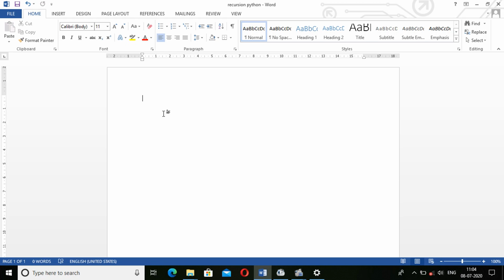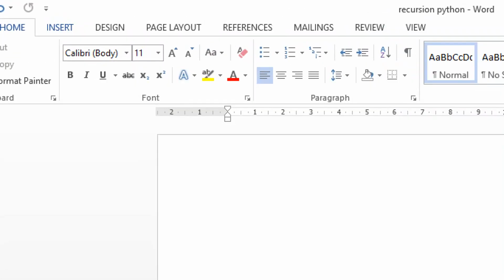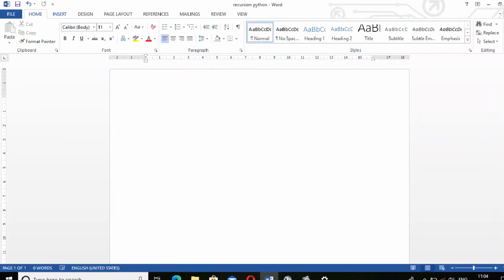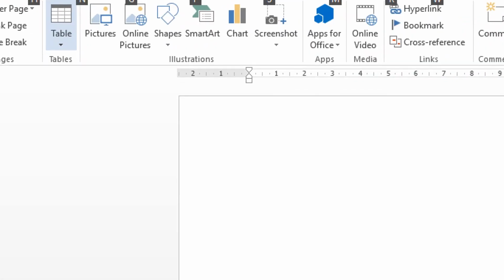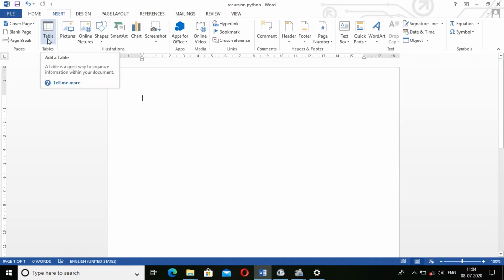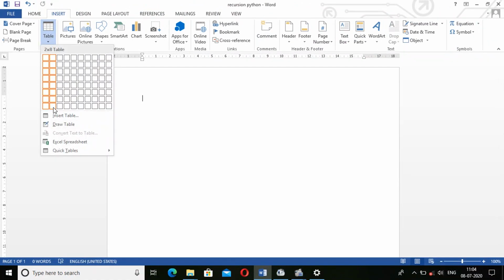Inserting a table is easy, but we have so many options. Like we can insert tables with so many options. The first thing you need to do is go to the Insert option. Now while doing insert you just have to click over there. Now one more option you are going to get is Tables. See, here we got Tables. Now if you click on Tables, you can see Insert Table here.